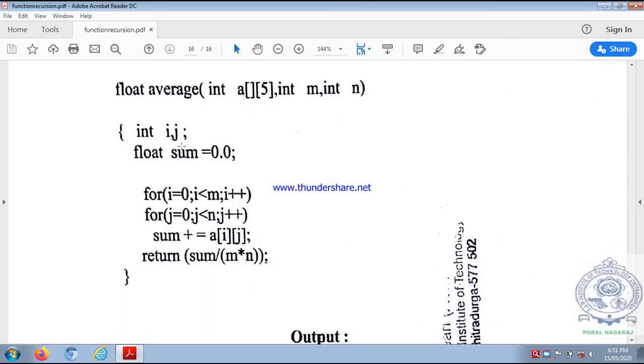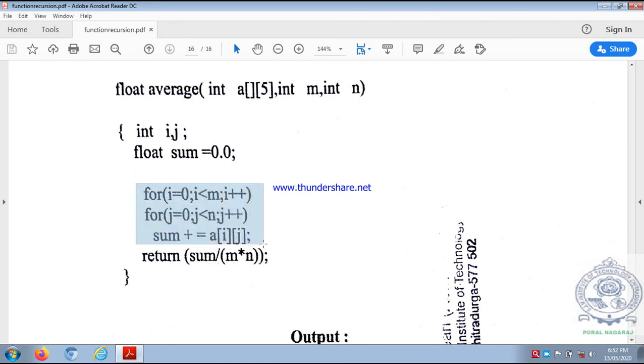And this is the body of the function. Here we have to take once again 2 for loops. The loop variables i, j are local variables to average that we are declaring, and initially float sum is assigned the value 0.0, because we have to add all the elements. In situations where you have to add so many elements, you have to initialize one variable to 0, because you are computing the average as a float. So sum is initialized to 0.0, and the data type is float. Now here you are adding all the elements using these 2 for loops.